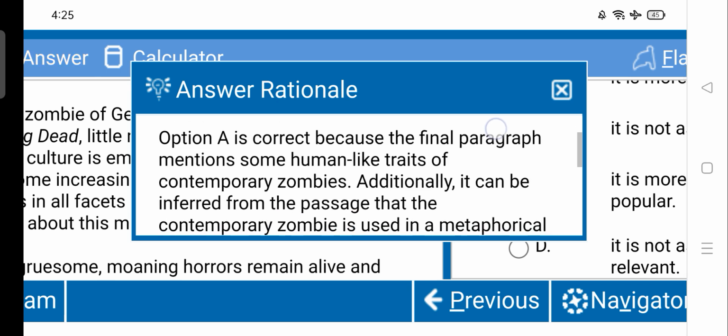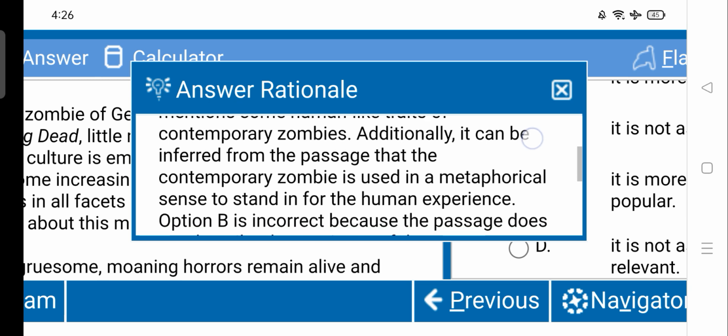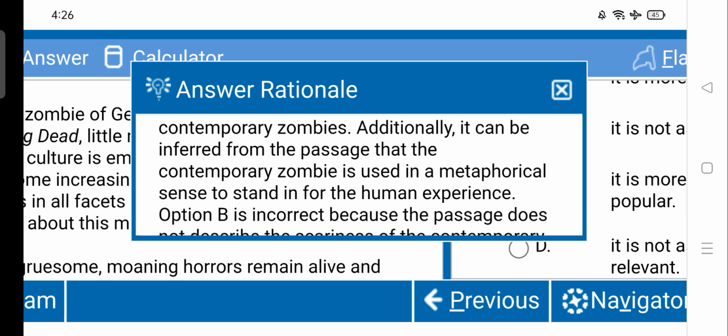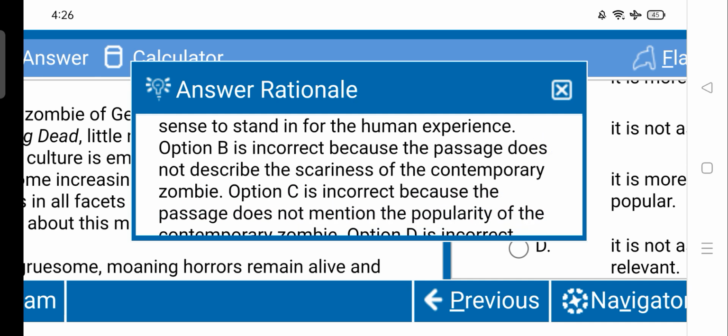Option A is correct because the final paragraph mentions some human-like traits of contemporary zombies. Additionally, it can be inferred from the passage that the contemporary zombie is used in a metaphorical sense to stand in for the human experience. Option B is incorrect